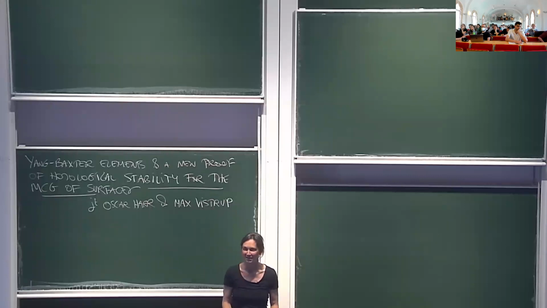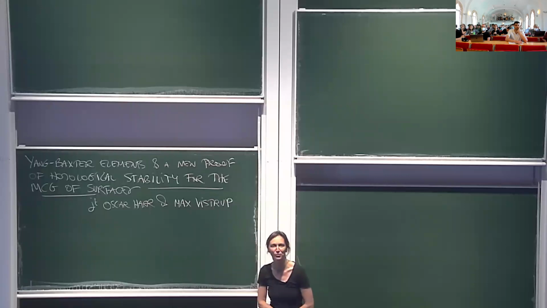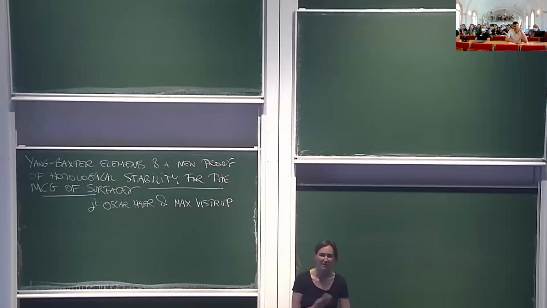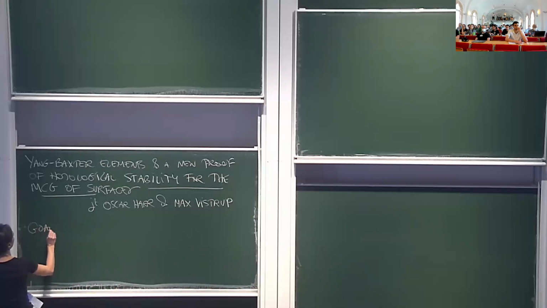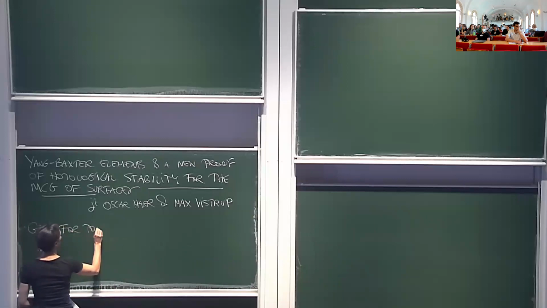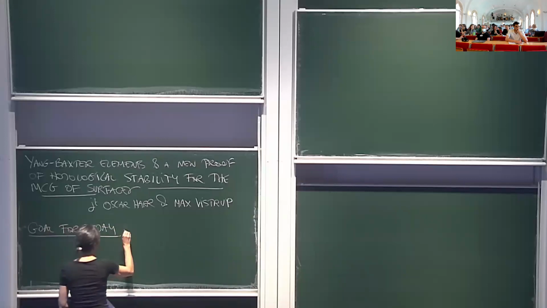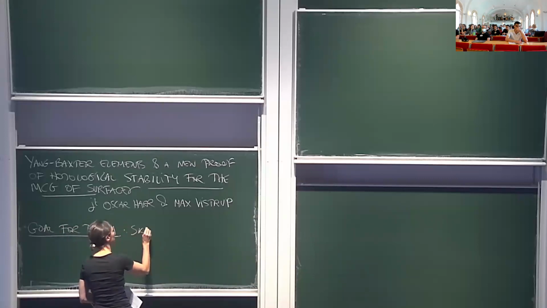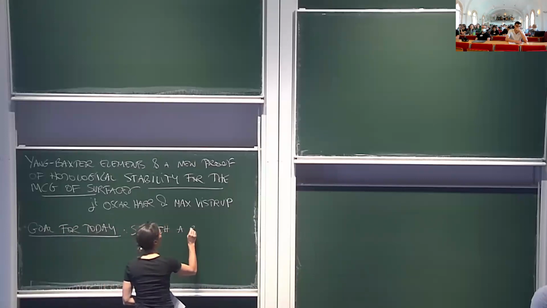Okay, so I have this very long title that Ian already told us. My goal for today is actually very similar to the one of Yen this morning, which is to learn something about the homology of the mapping class group of surfaces, or BDiff, or the moduli space of Riemann surfaces, using some structure. And more precisely, my goal for today is going to be to sketch a proof